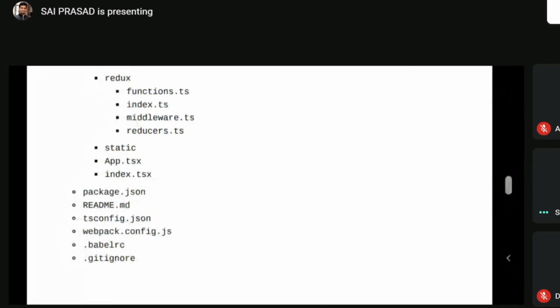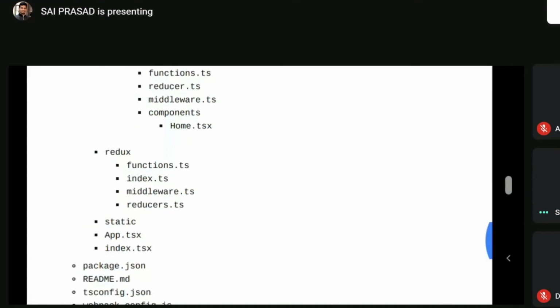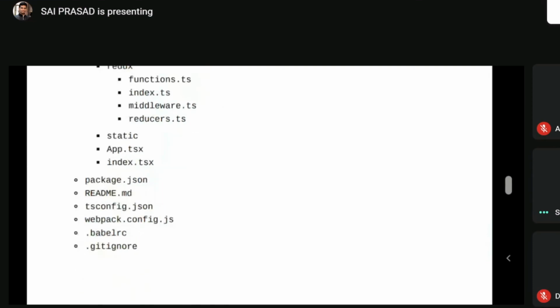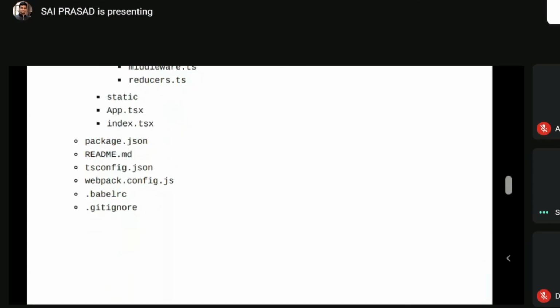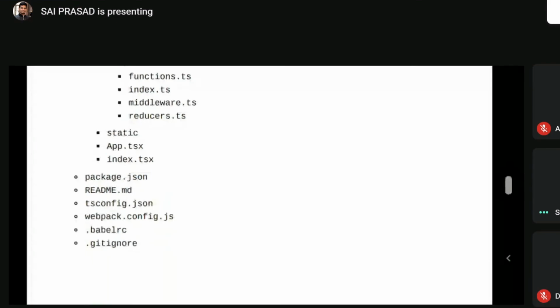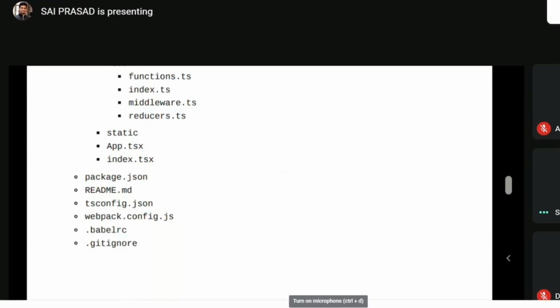And one thing: the project distribution needs to be done on the project board, along with the standards that should be maintained throughout. The webpack config file has been created already, which you would see here. Then the Babel stuff is basically for the React part, and we have the TS config. I didn't do anything on the TS config because I don't know much about TypeScript. I guess Archis was going to do that.